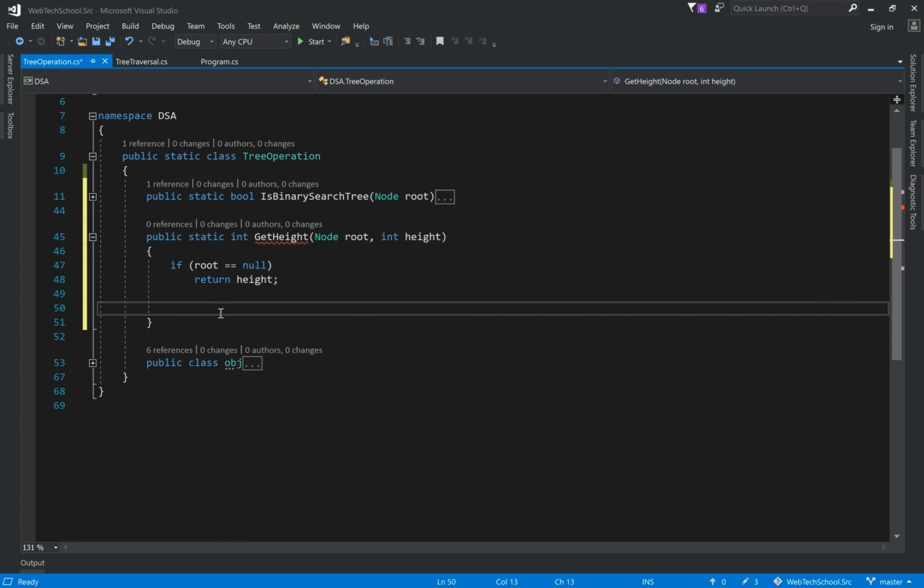Let's say I will catch the left height using this variable. I'll call the same method using recursion. So GetHeight, and now I'll pass root dot left child.